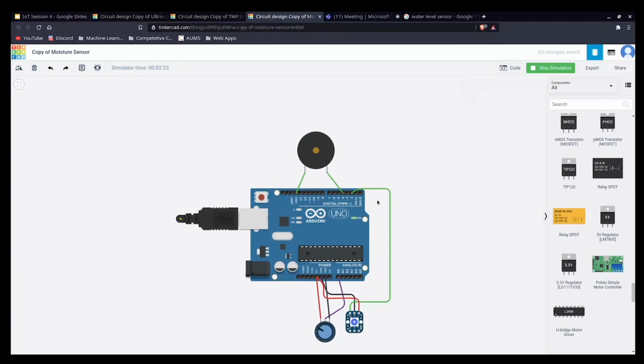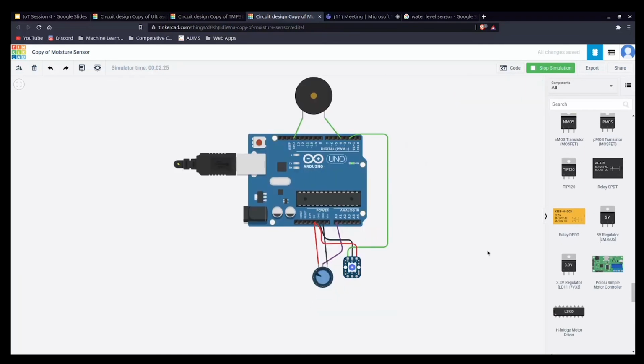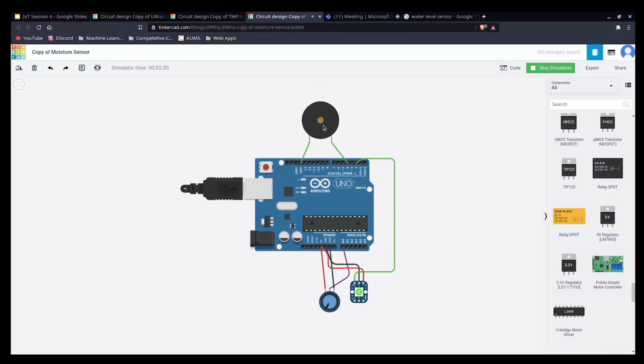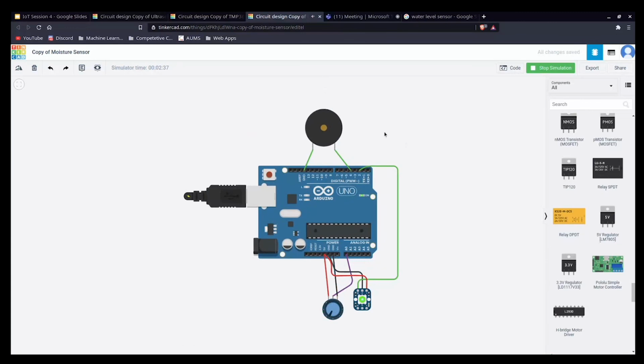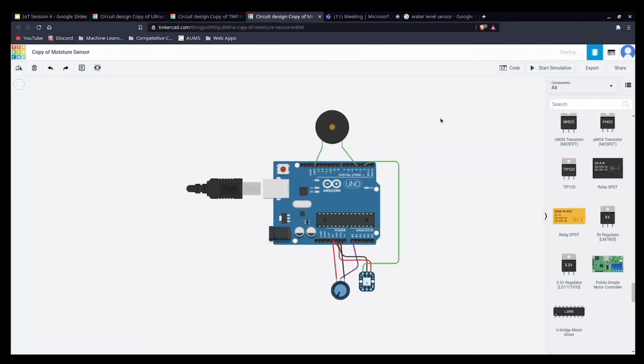So there is a voltage difference, and as soon as the condition is met here, it gives out some distorted signals, like that of a damaged speaker or something. So we can use this as an alarm condition for a certain level of water. Like if the water reaches any particular level, we can give out some alarm noise or any alert sound. Okay, so this was the third circuit.